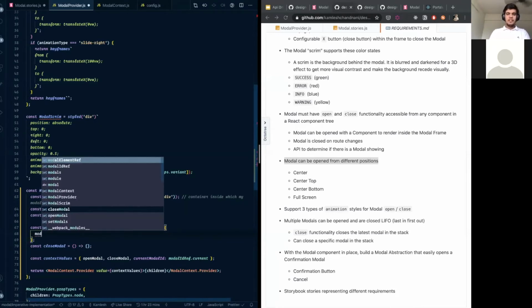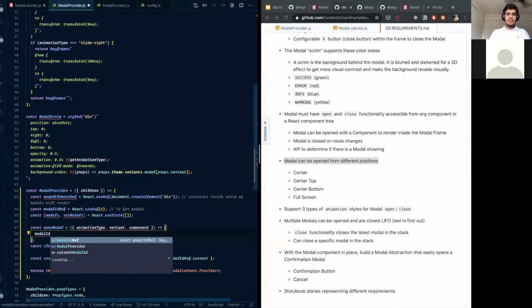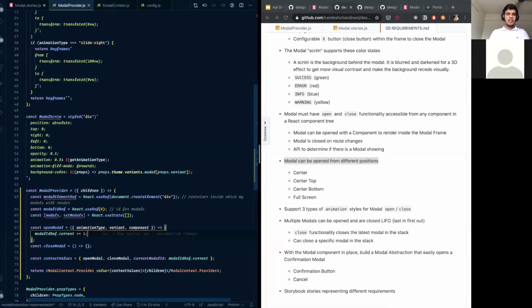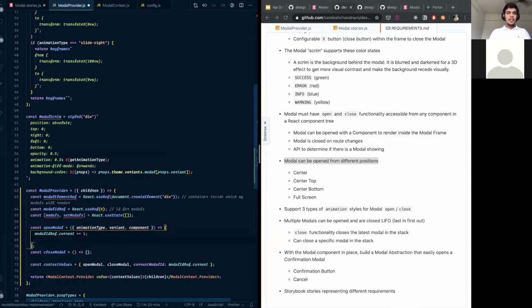So what I say is model ID ref dot current plus equals, right? Which means now every time I open a model, I'm giving them a unique ID.